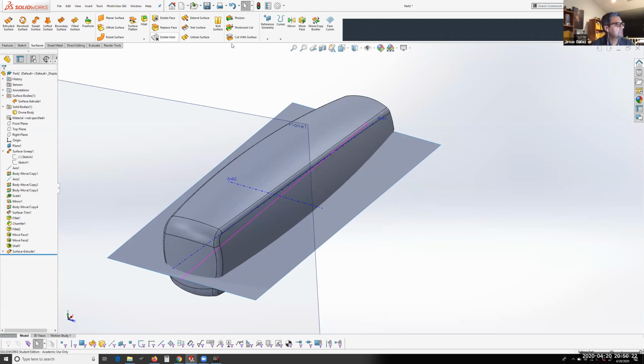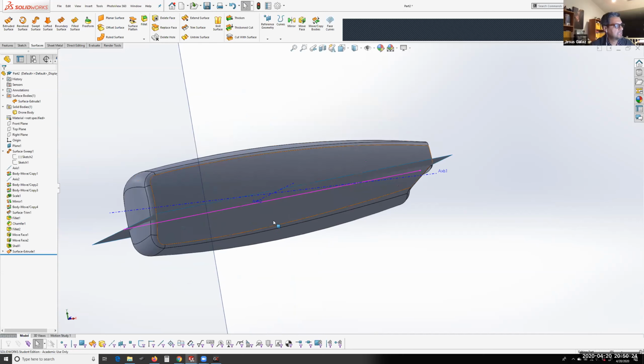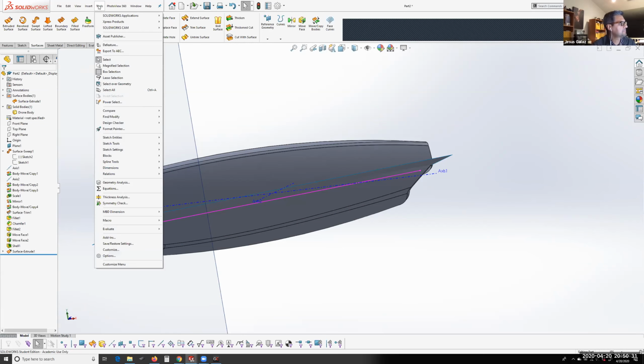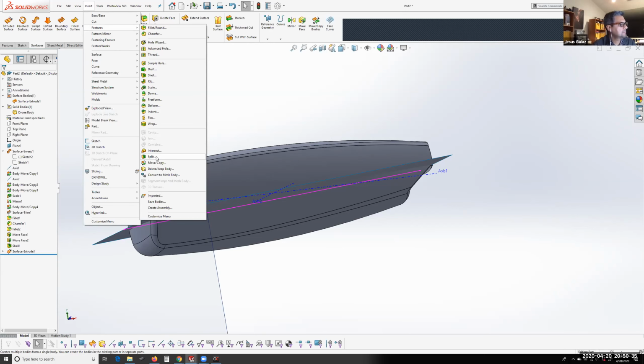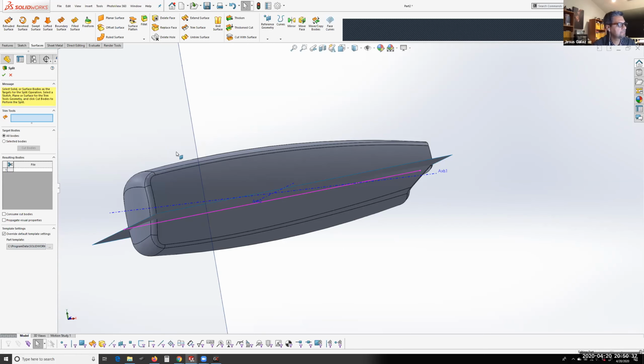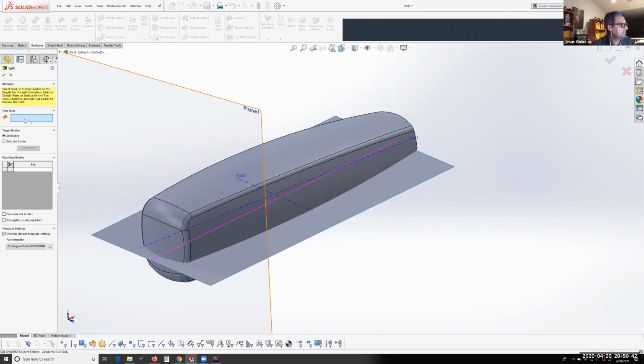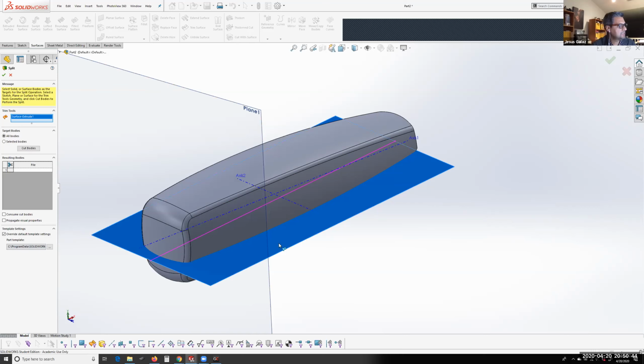Okay, so next I'm going to try, so I tried the cut with surface, but cut with surface will just delete one side or the other. So next I'm going to try the split tool. And what that'll do is it will get whatever you select. So I'm going to select this surface body. And when I click on cut bodies, you see the little scissors there, it's going to trim both of those right at that